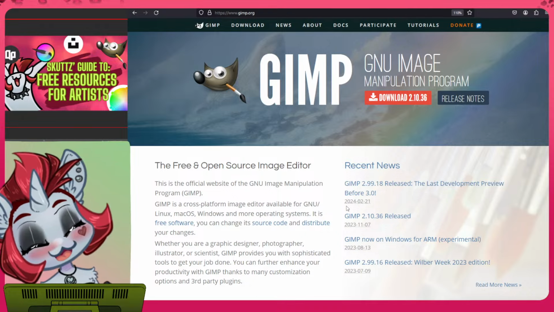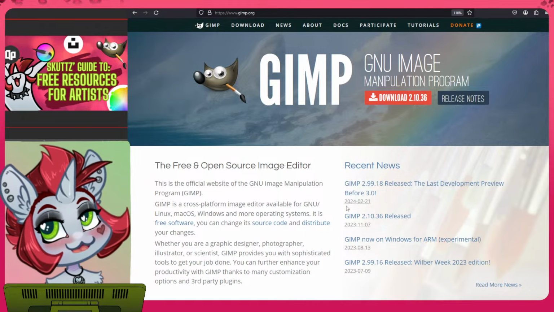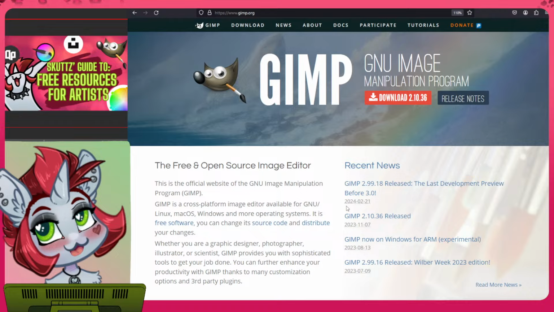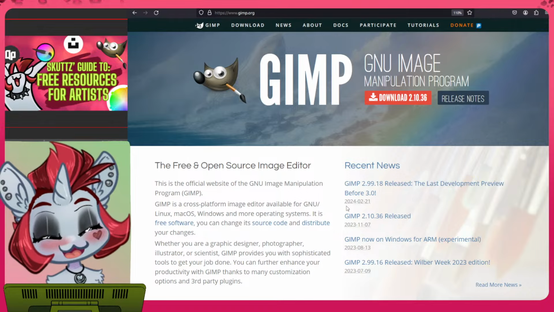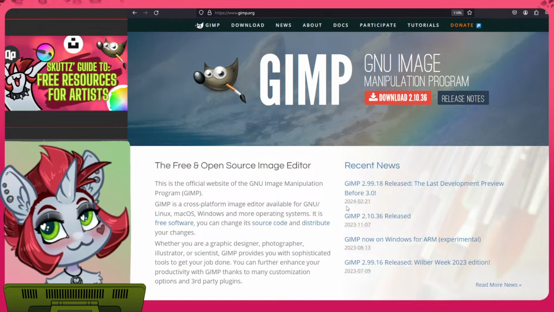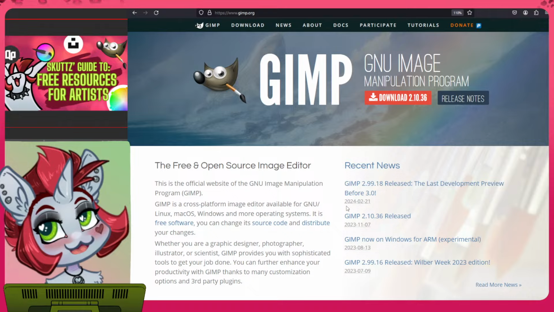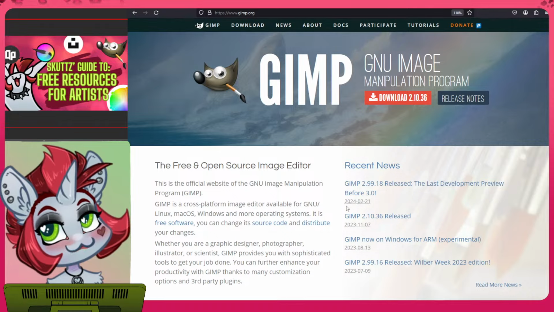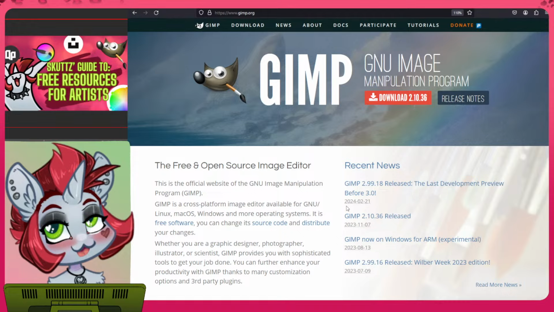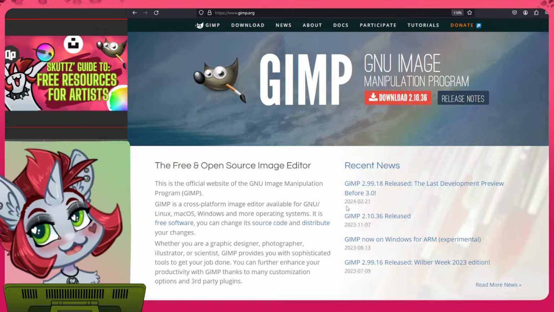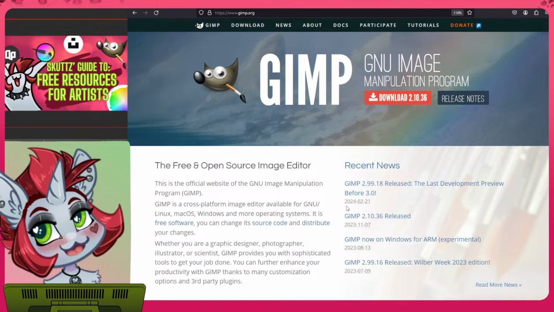Yeah, fight about that one in the comments for me. So the limitation there is really annoying, and the way I get around it is by exporting my animation in Clip Studio as a series of images, and then I load the series of images into GIMP, which then lets me export that as a